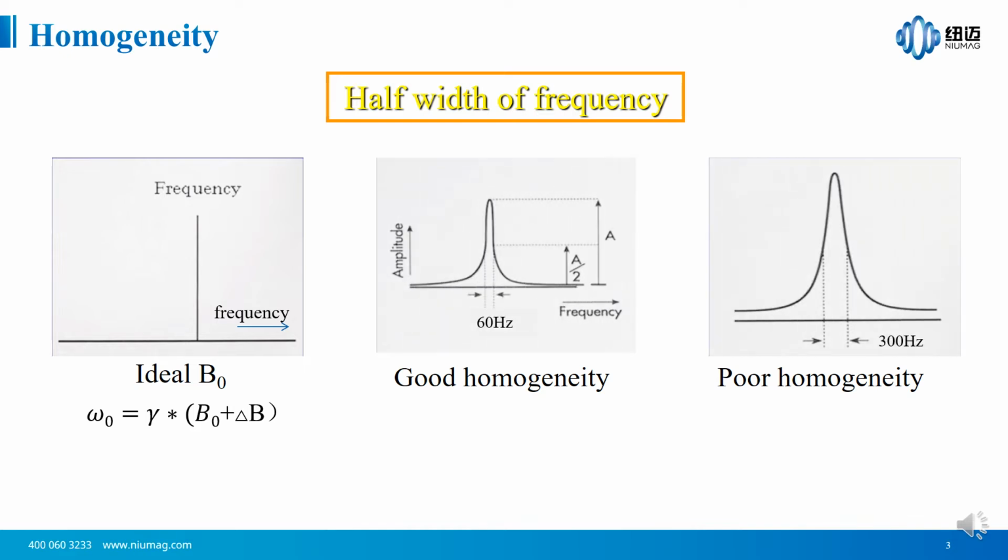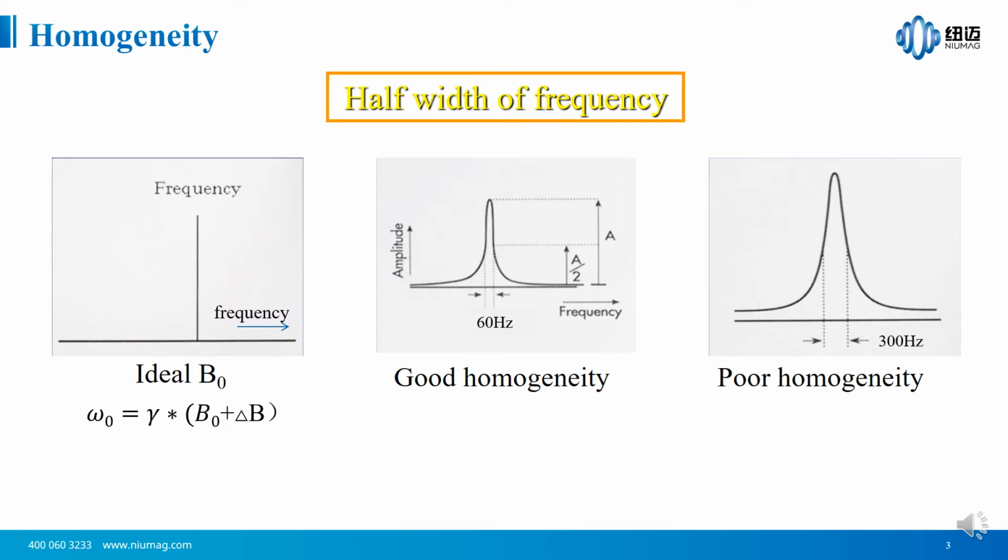According to NMR theory, the resonance frequency of the nucleus in the magnetic field can be calculated by the Larmor formula: omega 0 equals gamma multiplied by B0. But actually, a delta B can be added to the formula. Delta B describes the inhomogeneity of the magnetic field. If the magnetic field is absolutely uniform, delta B equals 0,